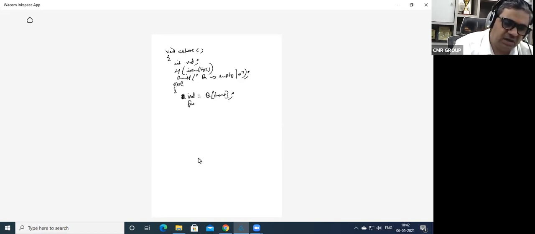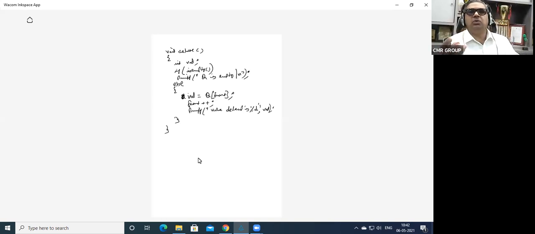Now do front plus plus and then you say printf value deleted is %d, val. So you have completed your deletion. Simply you are deleting by doing front plus plus, the value is deleted. That's all. Okay, so this is what is delete.